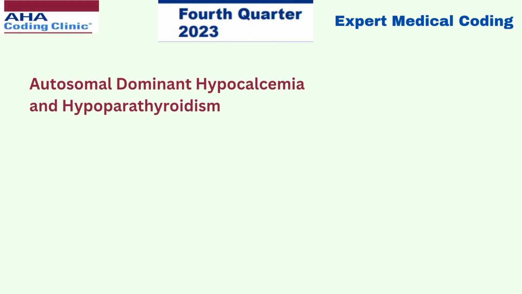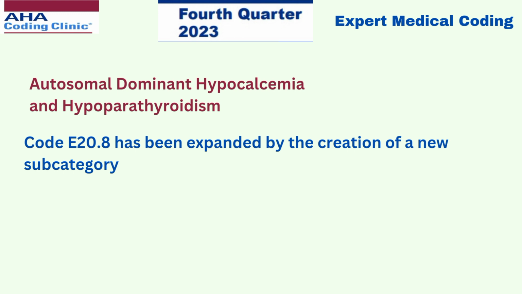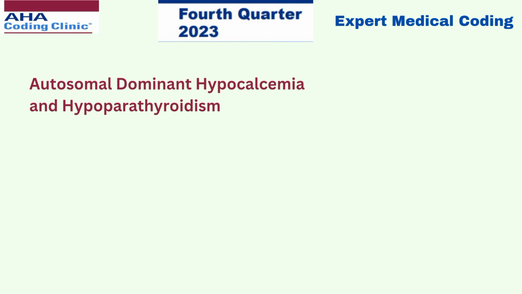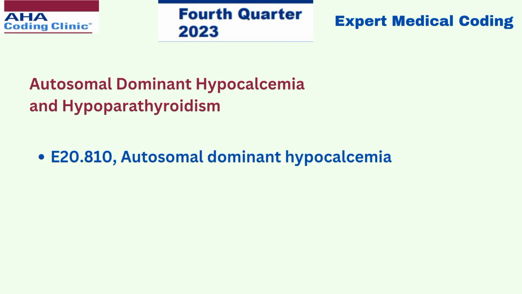Next update is autosomal dominant hypocalcemia and hypoparathyroidism. Code E20.8 has been expanded by the creation of a new subcategory E20.81, that is hypoparathyroidism due to impaired parathyroid hormone secretion, with specific codes to identify autosomal dominant hypocalcemia and various types of hypoparathyroidism as follows. So the code E20.81 has been further expanded as E20.810 autosomal dominant hypocalcemia,